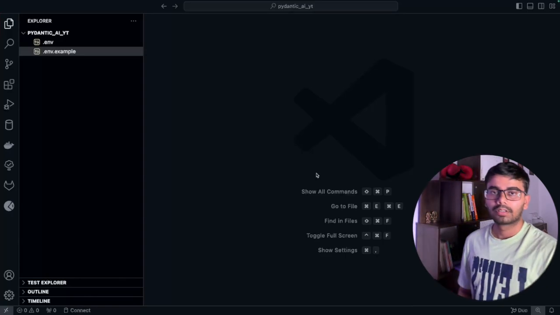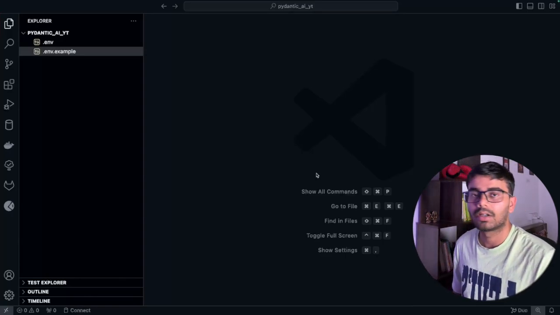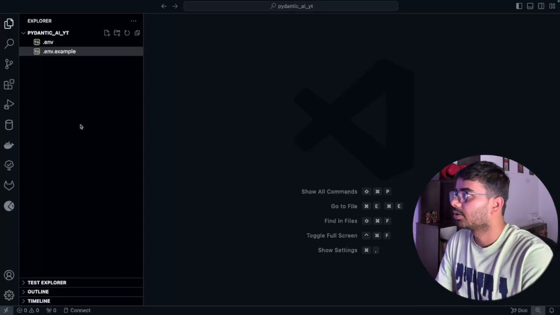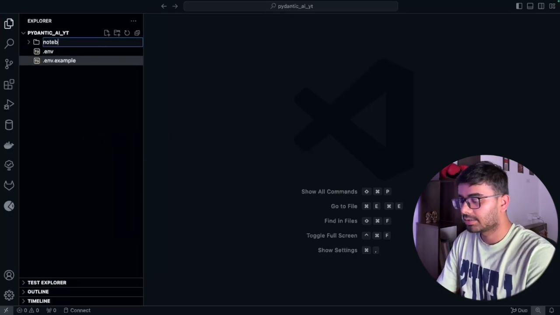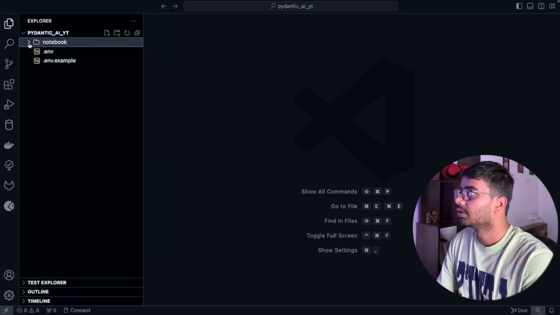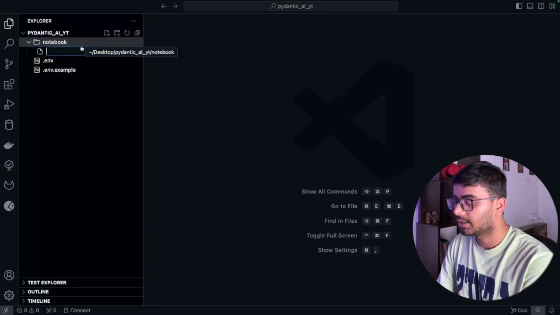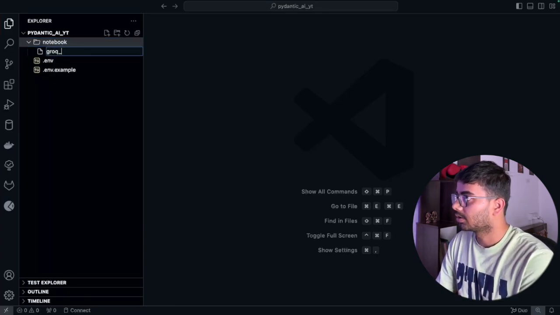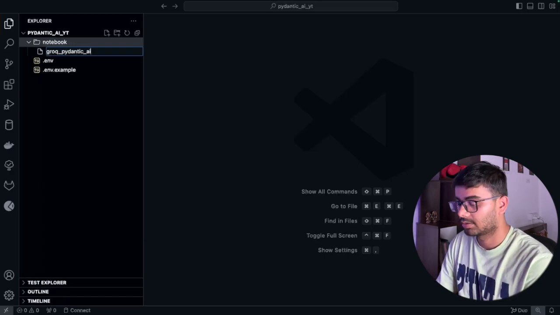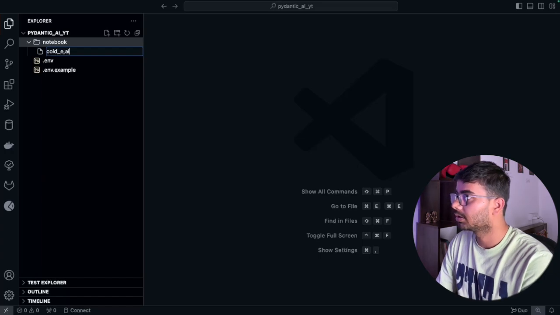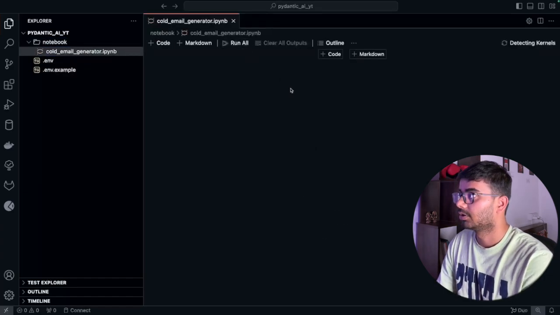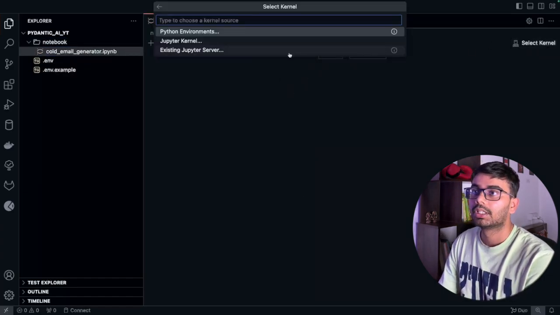Alright, so the dependencies for this project will be, obviously, Pydantic AI. So let me go ahead and create a Jupyter notebook here, and we are going to call it Groq Pydantic AI, or maybe let's call it cold email generator.ipynb. So this is going to be a Jupyter notebook, and